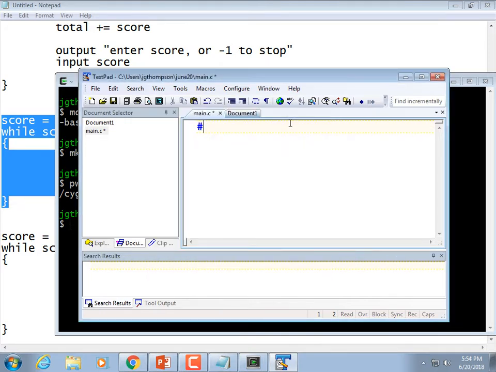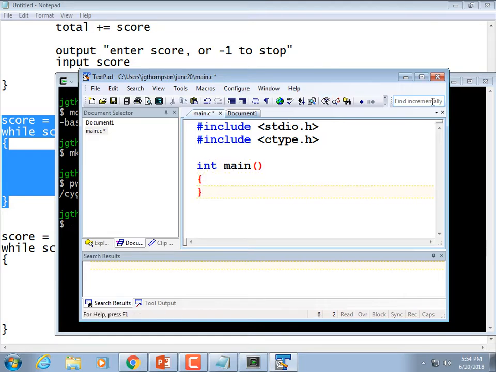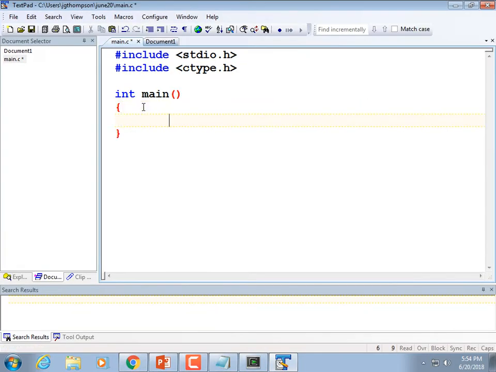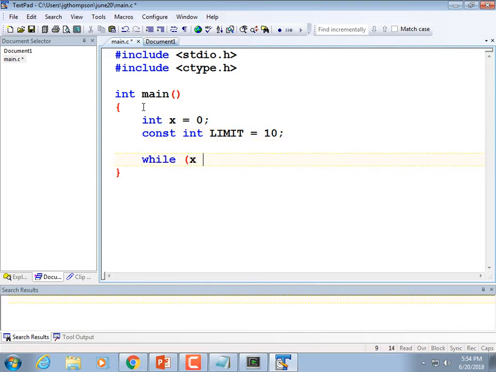There. Okay. #include <stdio.h>. Just for fun, <ctype.h>. int main. We're going to need a couple of variables. Let's just represent a normal while loop first. So int x is equal to 0, const int LIMIT is equal to 10. We're going to count to 10. So while x is less than the limit,